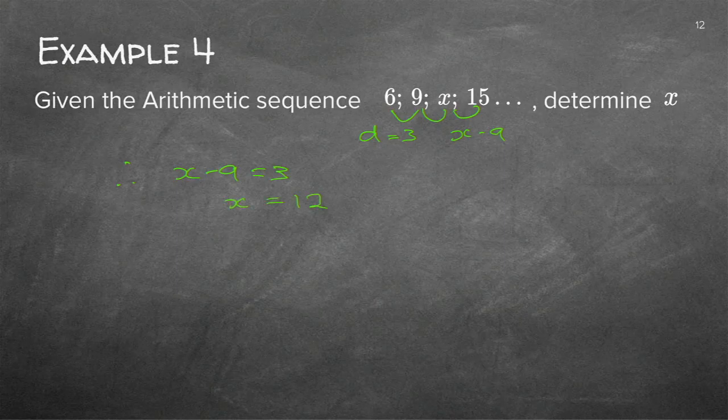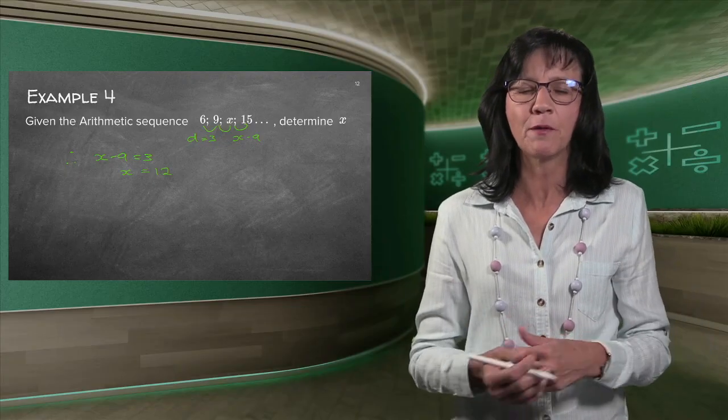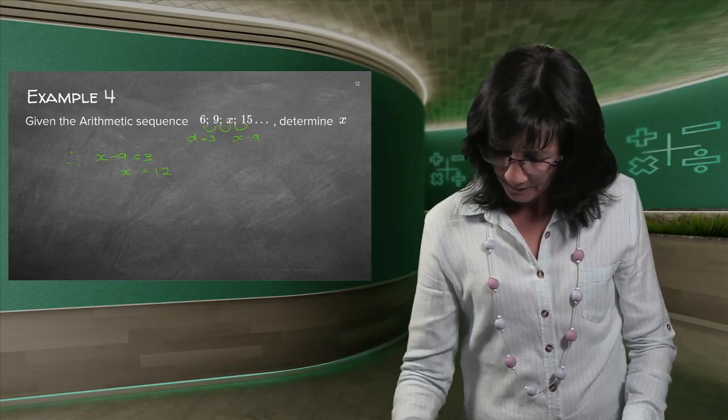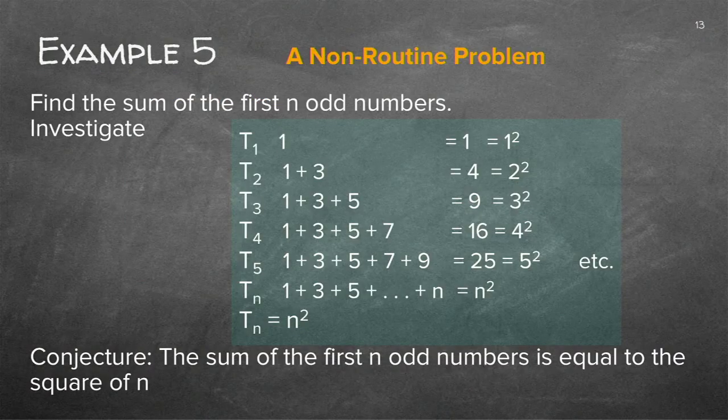And there's the 12. I see it's such an easy one that we didn't even leave the formal answer, so I'm just going to leave it here. So if you do this one on your own, please cover the green answer. Do it on a clean sheet of paper, and then you check it afterwards. Good. Now there's a non-routine problem. So that is not necessarily an arithmetic sequence. So it could be any other sequence.